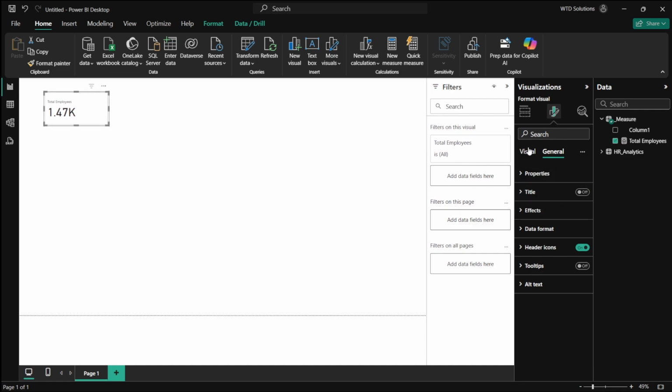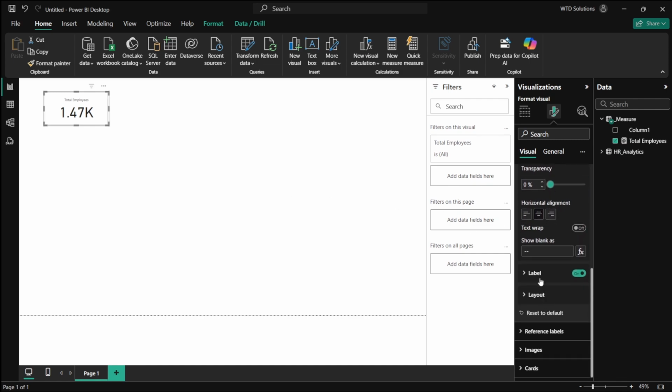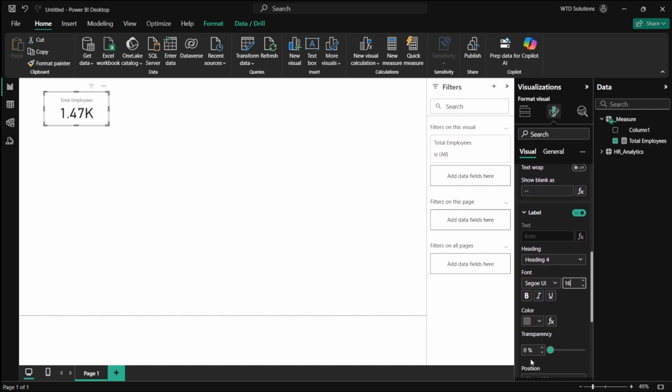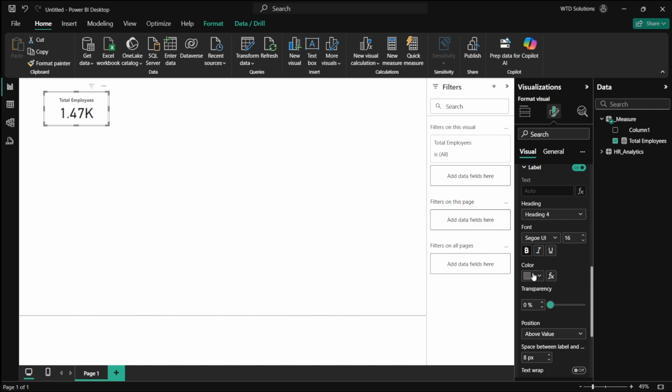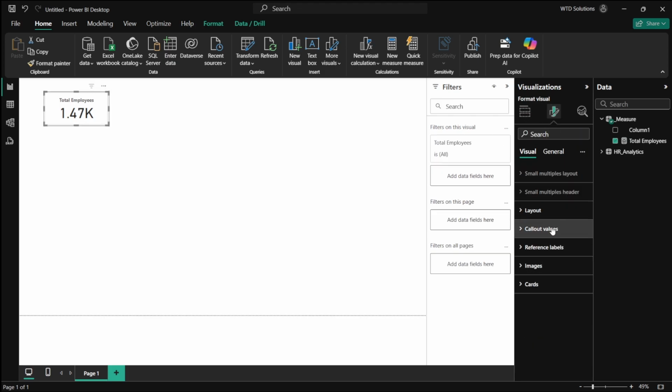Okay, let's do it like this. Listen, we click to center. I'm going to increase the font size to 55 because it's not big enough, and the label I'm going to increase to 16. Make it bold. And we need to change the color maybe. Do it afterwards. Then change the